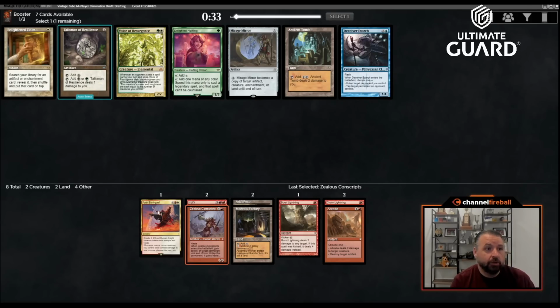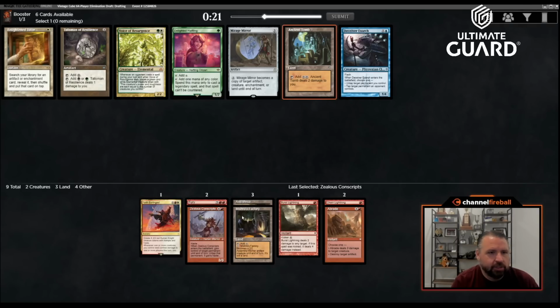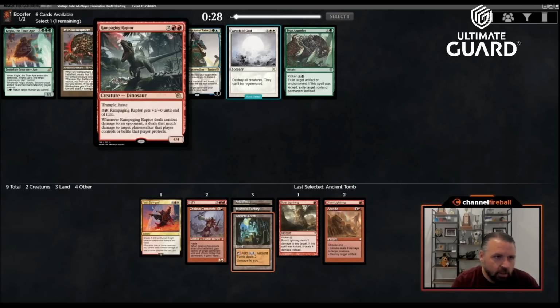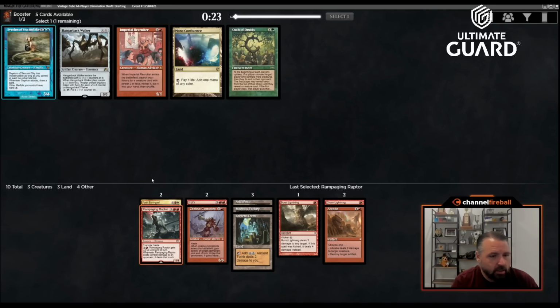Wow, Ancient Tomb. I thought that was maybe the 4th best card in that pack. There's also Deceiver Exarch. I could take that, but Ancient Tomb is so good with Fourth Eeyore Lingus, Fury, and Conscripts that we're slamming Ancient Tomb. Rampaging Raptor, another card I can use Ancient Tomb well with. So yeah, let's go. And Imperial Recruiter, which has no targets,